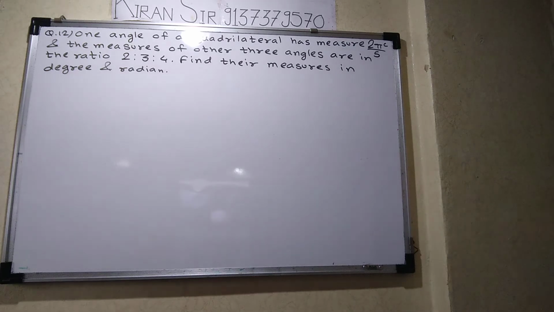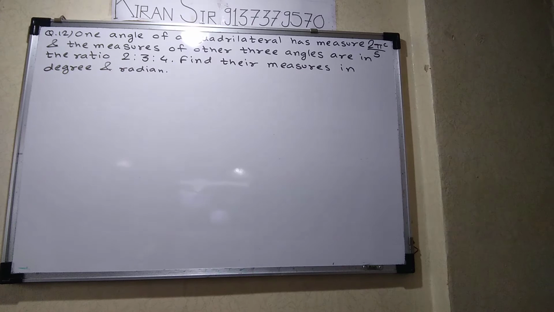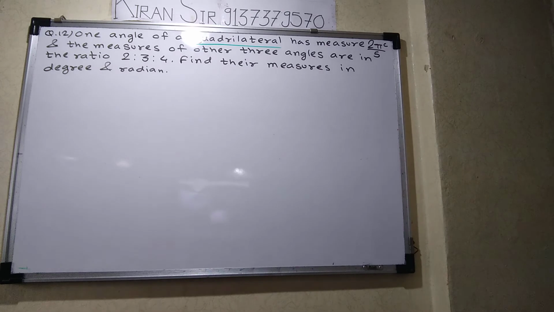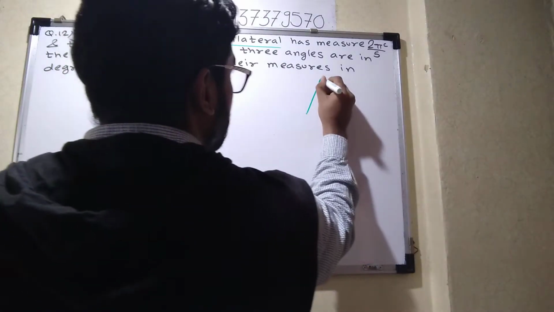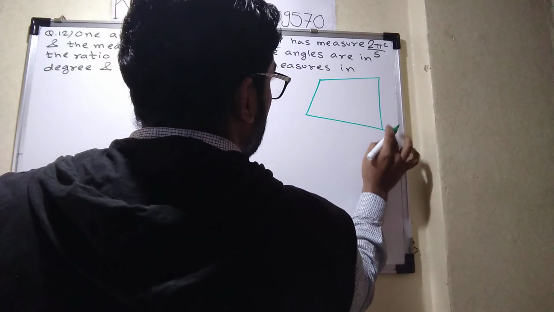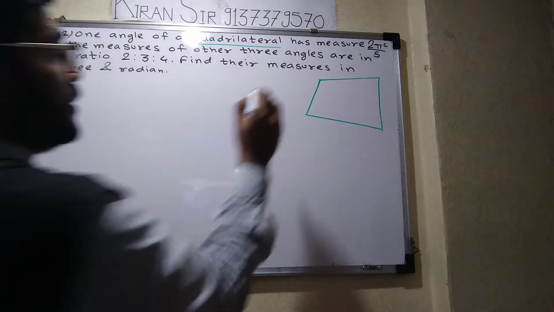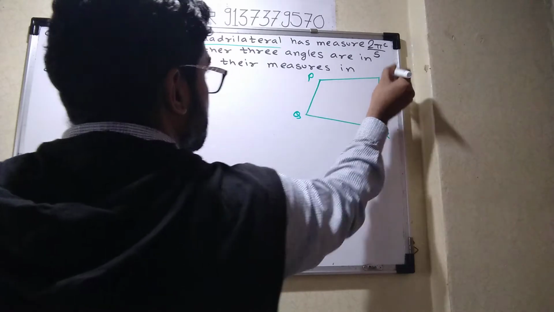So now what's the next question? The next question is about one angle of it. The main thing is, what is the shape of that particular geometry? It's a quadrilateral. Yes. So now we have to think about a quadrilateral. Let me draw a quadrilateral of any shape. Okay. A quadrilateral of what? Any shape. So let us give it the name P, Q, R, S.